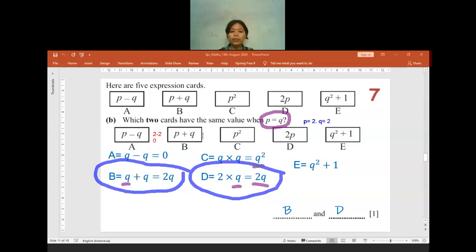And then for the question B, we have P plus Q. Both P and Q have the same value, so I can change it into 2 and 2. 2 plus 2 will be 4. And then for the question C, no, this is not nice. Okay, sorry, let me change the number. Wait, let me change the number into 3 because 2 plus 2 and 2 times 2 have the same value, so I cannot use 2 for P and Q. So let me replace P with 3 and then Q with 3.